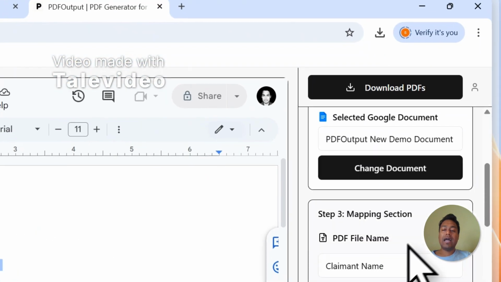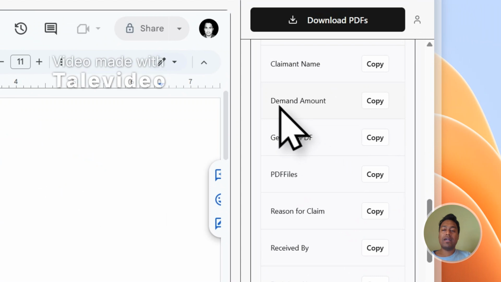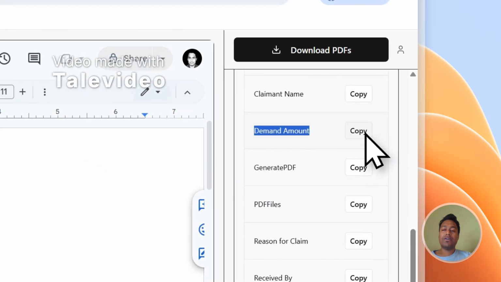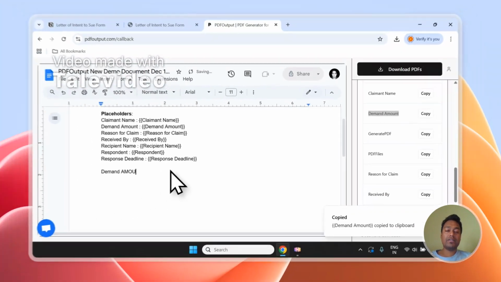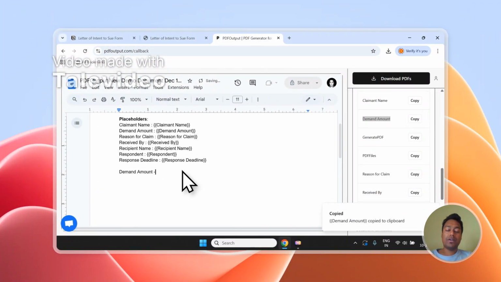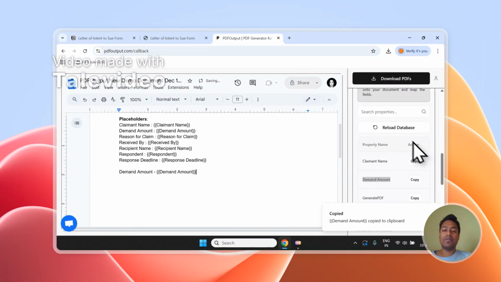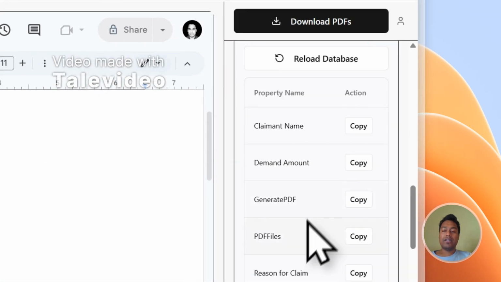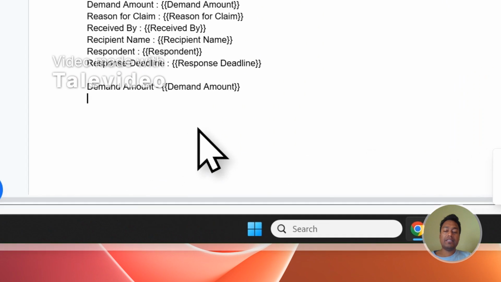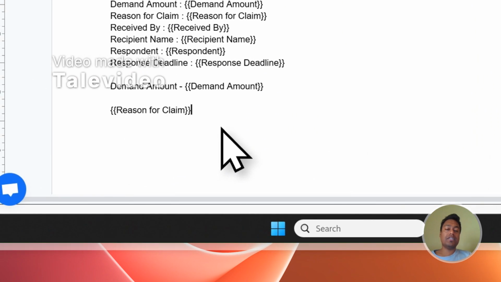If you want to manually add any property onto the document, let's say you want to add demand amount somewhere else, click on copy, go to the document wherever you want to add it, and you can simply use Ctrl V or Command V on your keyboard. So this will copy and paste the property inside the document. Okay. So you can add any property right inside the document for a use case, and it will instantly map